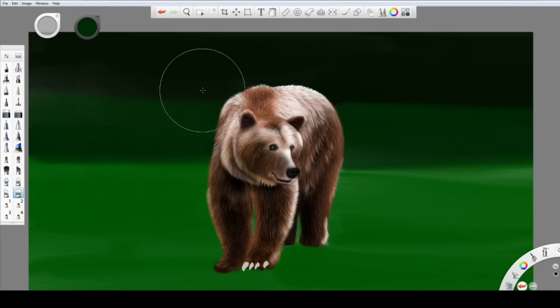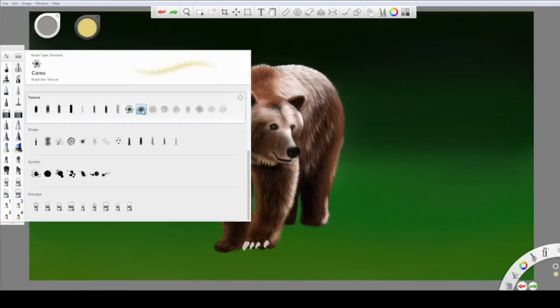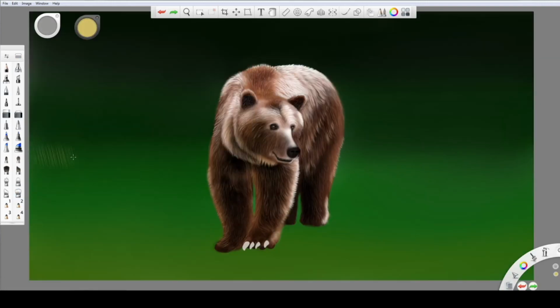Smudging the color using a round bristle brush. It is important to smudge the color very nicely because you may not be able to make changes afterwards. For grass, I am using texture and also ochre yellow color here to show dry grass.